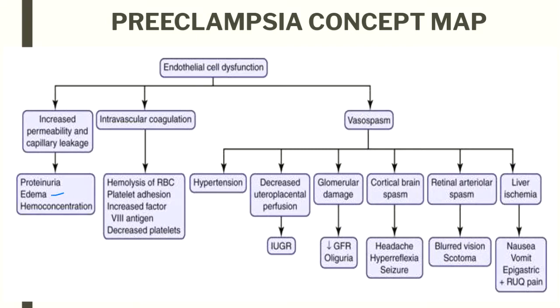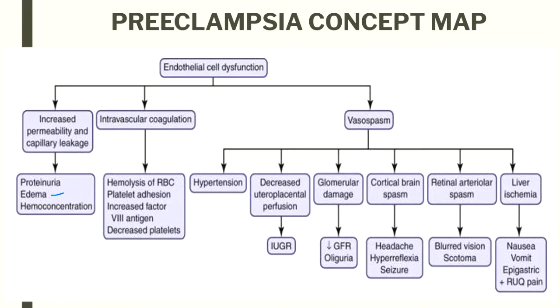Her little ring, she cannot take it off. That's not normal, okay? There's so much third spacing happening. Intravascular coagulation is going to happen because... Anyway, I want you to read through this, and when you watch the videos, the hyperlinks, it's going to do a much better job of explaining it to you.